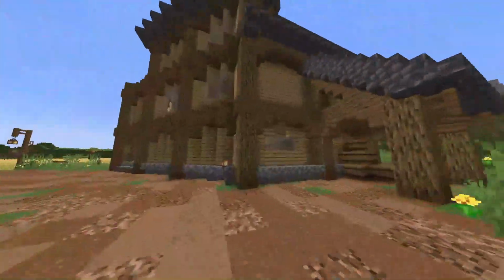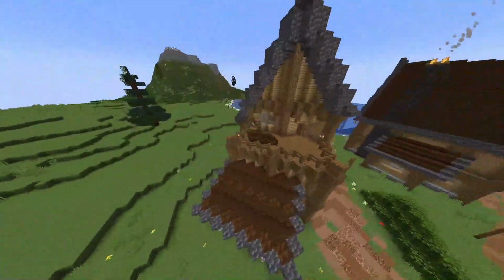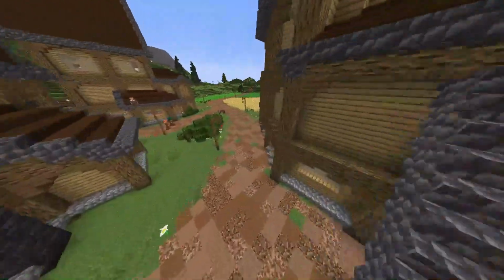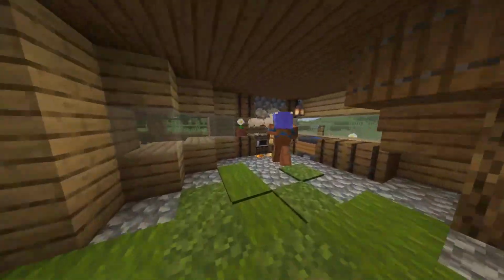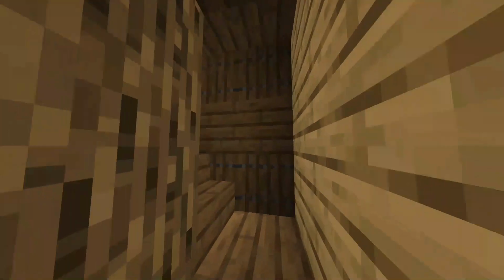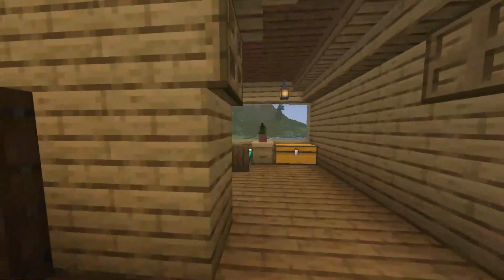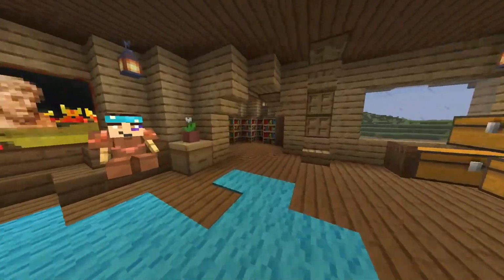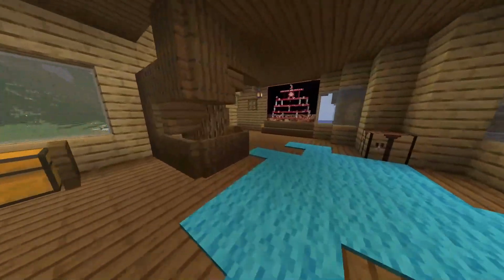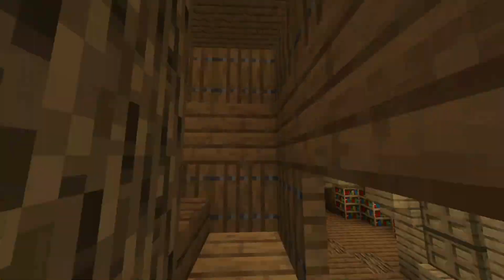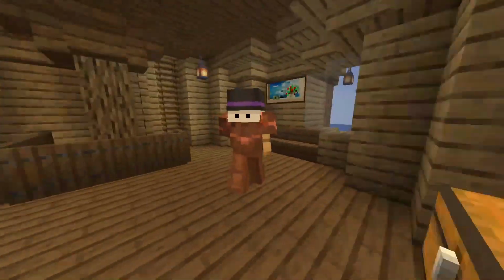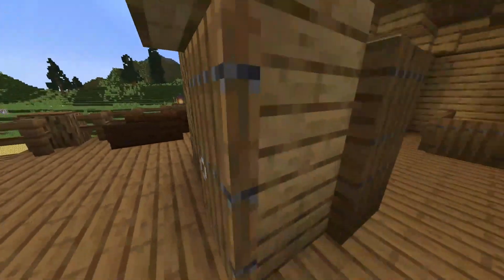Go over here, let's start out at this house. Kind of diagonal, kind of not. You know, it's partially diagonal. Just looks cool. Inside we have some armor stands in here as well. More miscellaneous Minecraft YouTube people throughout the entire village. So much so that I was actually running out of ideas at one point of whose head to use for the armor stands. But they end up looking really nice.